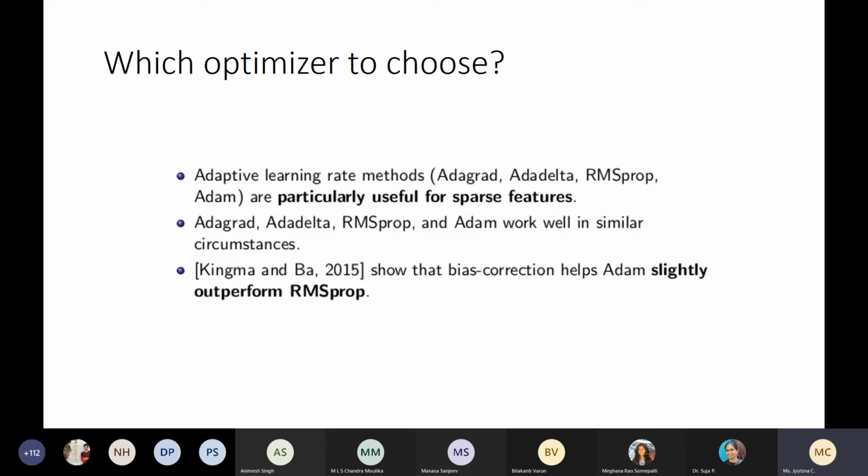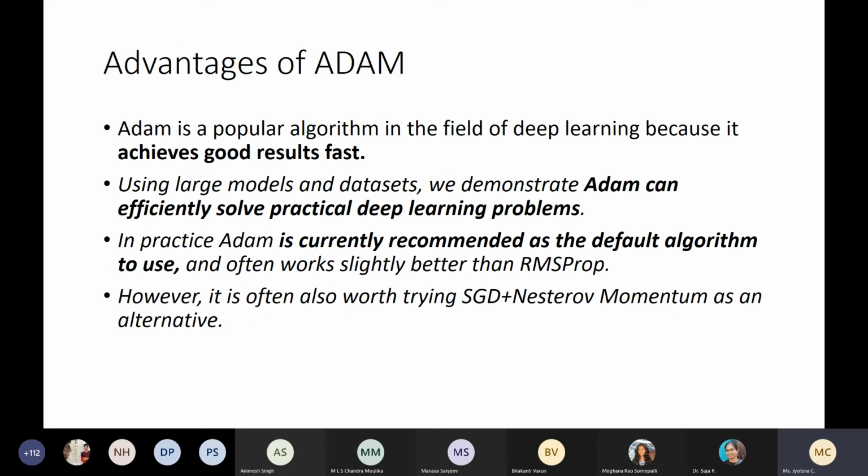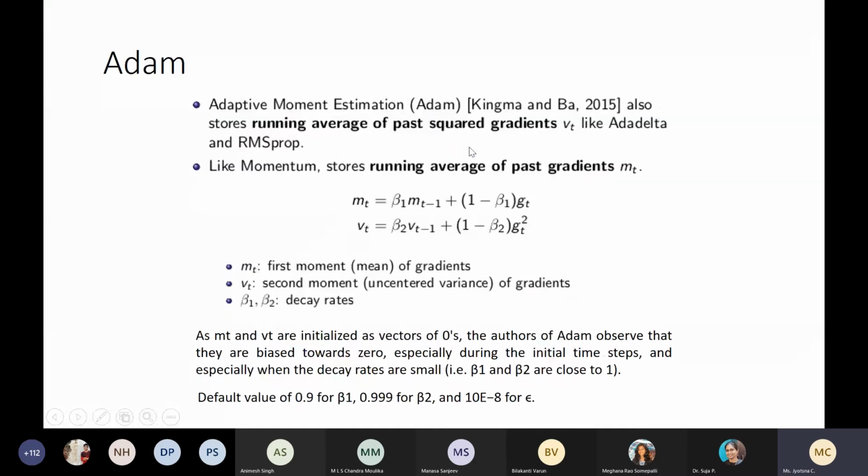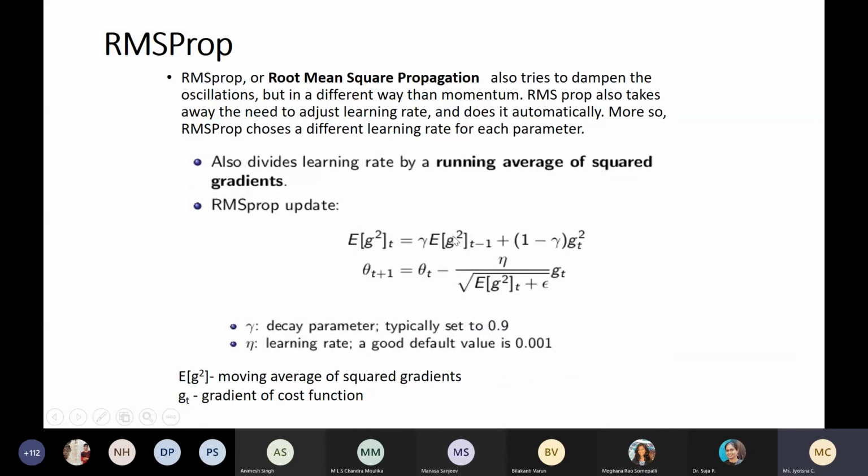Okay. And what is the difference between RMS prop and momentum? You would have understood. Momentum is using all the previous gradients. You can see in the momentum, gamma into Vt minus 1, the previous gradient, which was in the previous formula also, is being considered and added. That means all the previous gradients keep on being added, a cumulative sum. But in the case of RMS prop, it is the average of the squared gradients, so it keeps on adding the squared gradients. So that difference is coming.